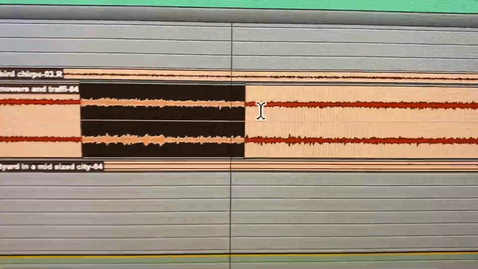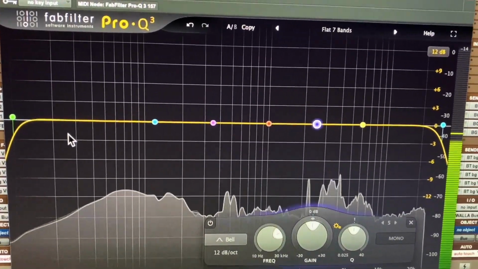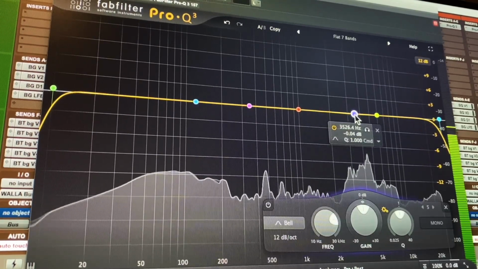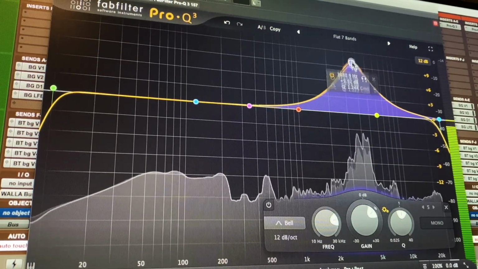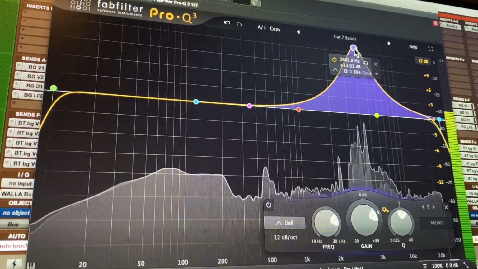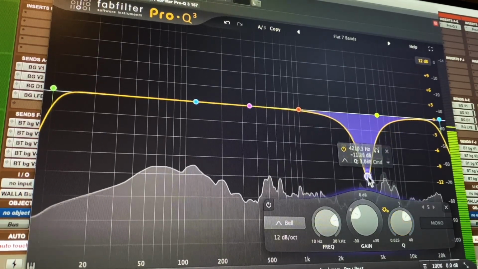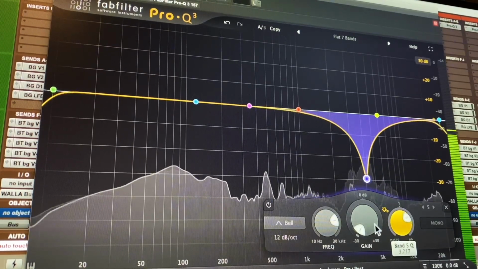Okay. Now I want to show you the graph. So that's the information. Well, that bird, let's listen. Okay. That bird can get annoying. So this is what I do. Why I love this Pro Q3 is I can now go in there and grab my node here, and notch it out. And I could boost it, or I could reduce it. And chances are, this is what I'm gonna do here, is I'm gonna reduce, that's a little bit drastic, but